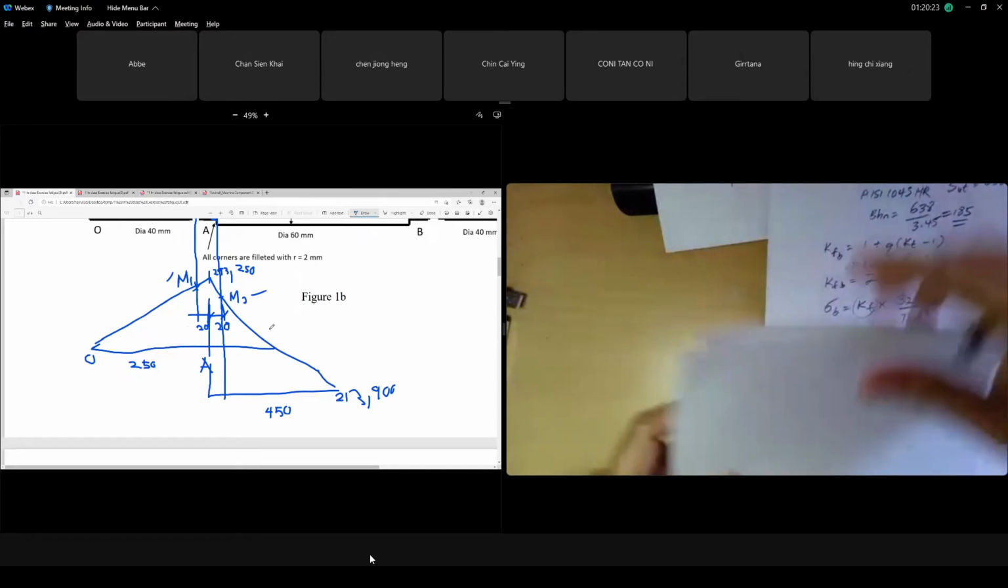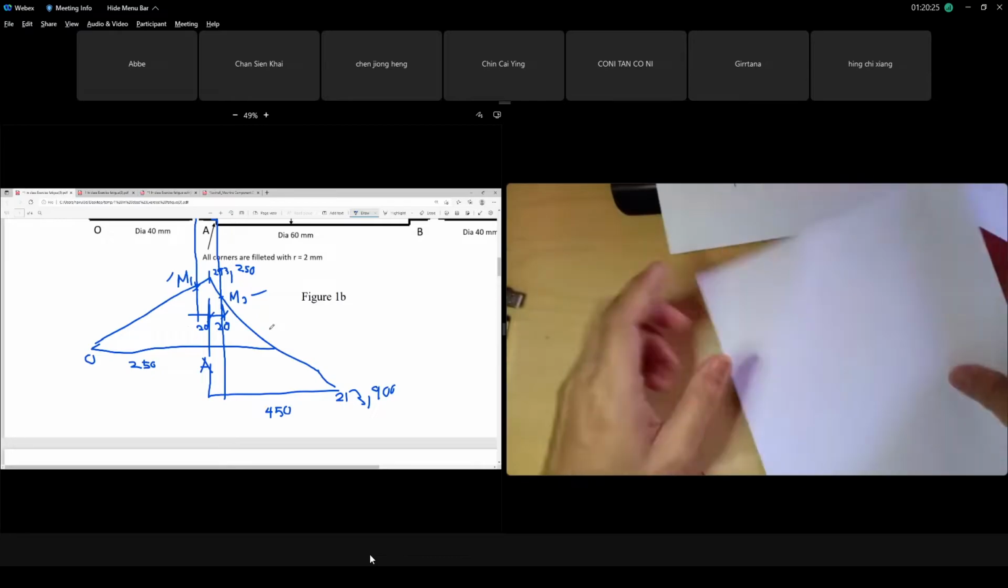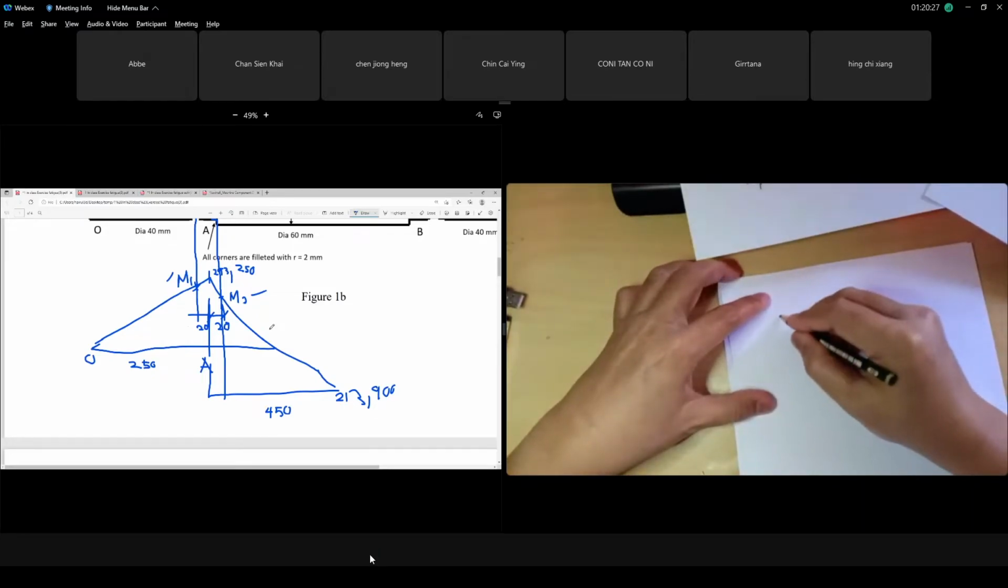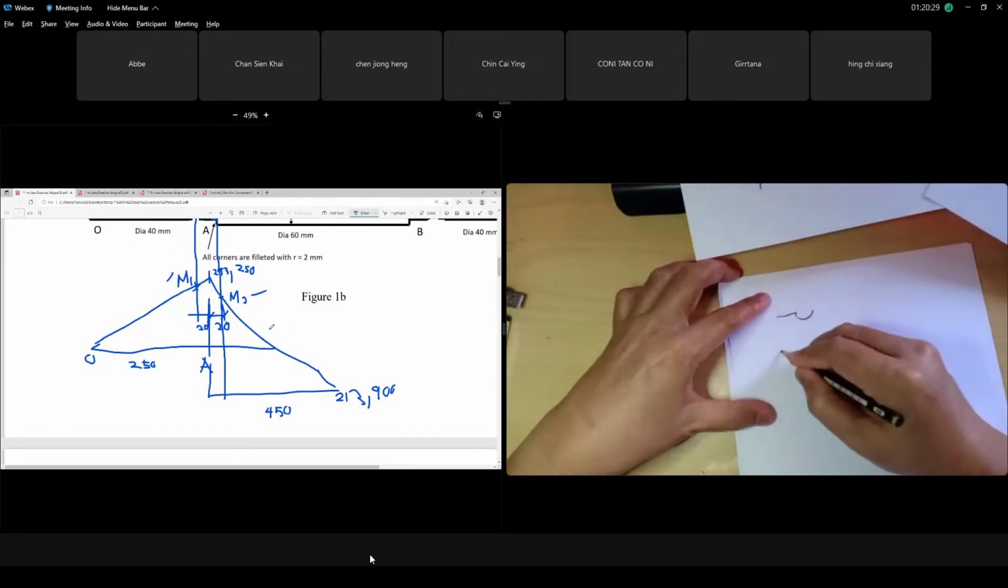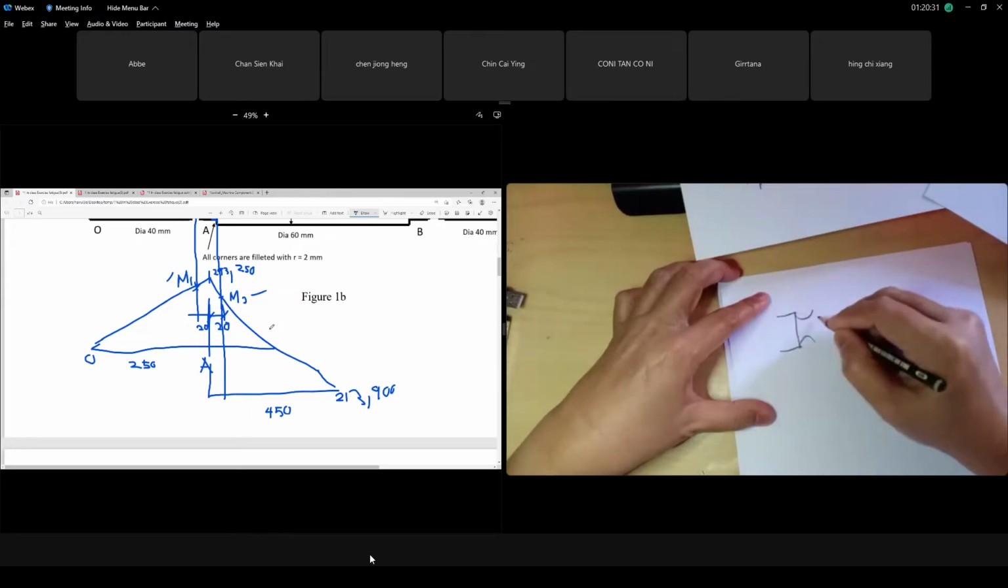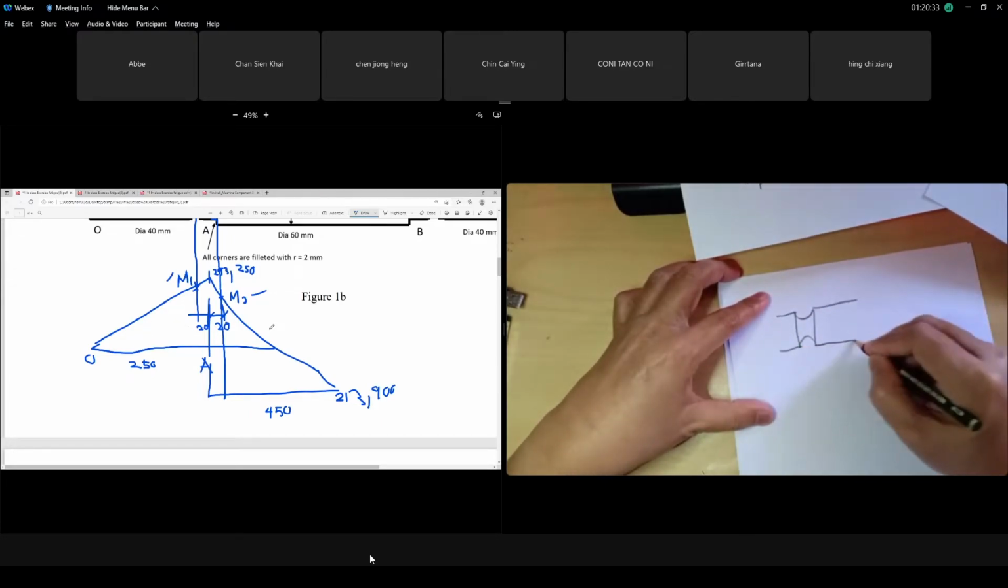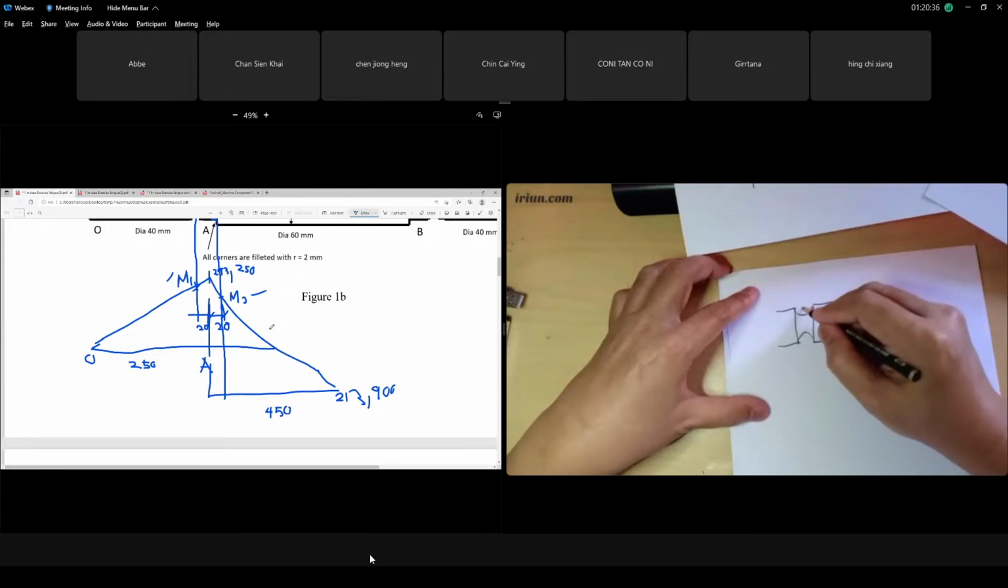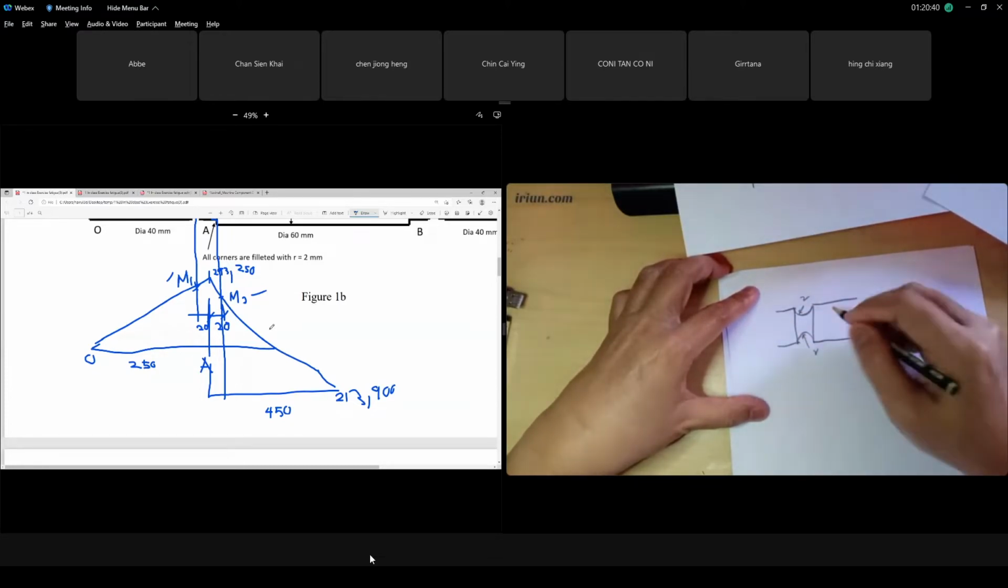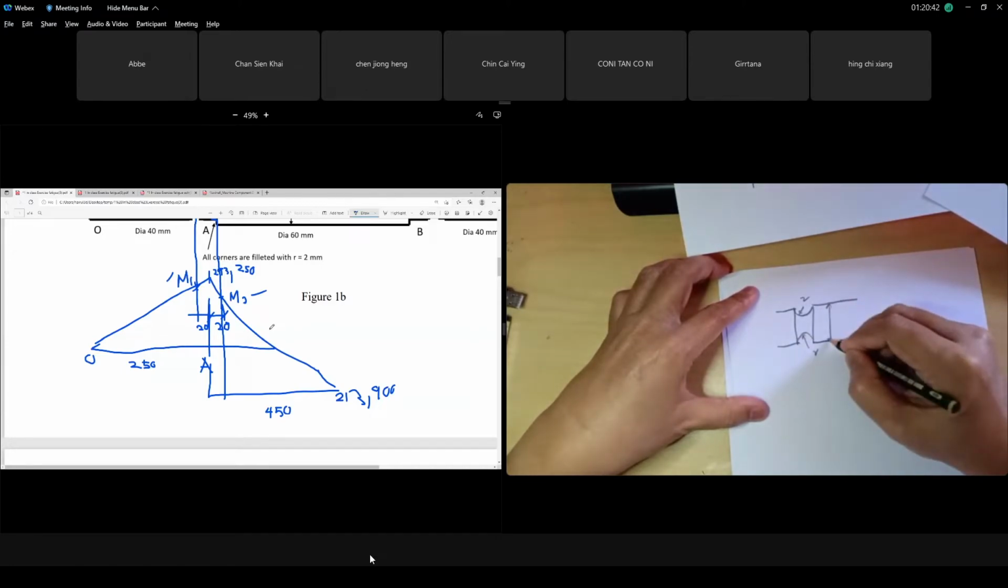Okay, now for axial stress. Remember, this is your groove case. I make it bigger. This is your groove case. Then we focus on the shoulder and groove. We know the notch radius is 2. The bigger diameter is 40, and the smaller d is